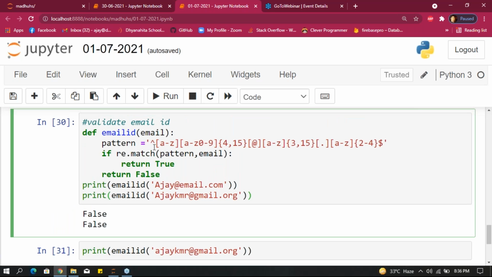Yes, this pattern was the same. Okay. This pattern was correct.